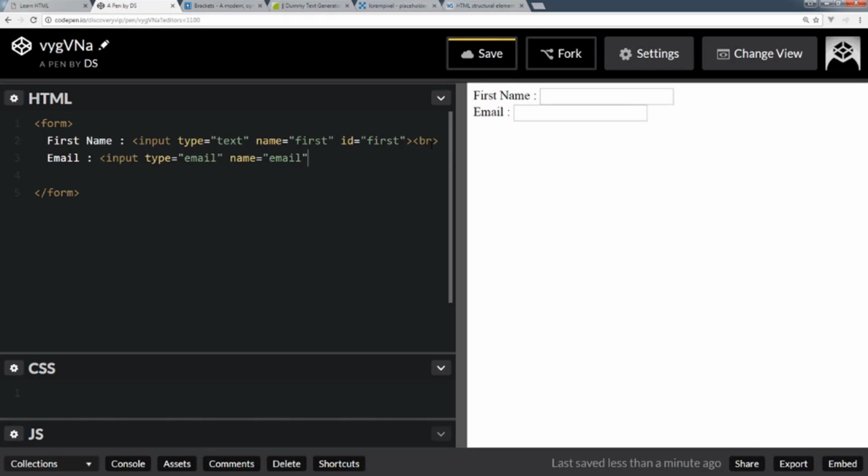So again, you don't have to be really that specific with that. I can get rid of those ones because I'm not going to be adding any styling to this. This is just for demonstration purposes. So now we've got one called email, and we see we can type in some text in there. And what is missing on this form? So we type in some text here, but we actually have no button to submit this form. So we need to add that button in. So let's go ahead and create another type. So we've got several ways where we can do input, we can do type, and you saw that we had an option for